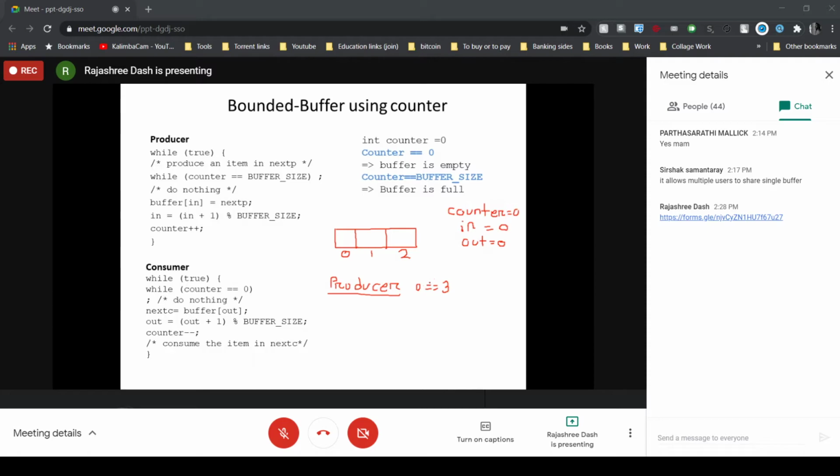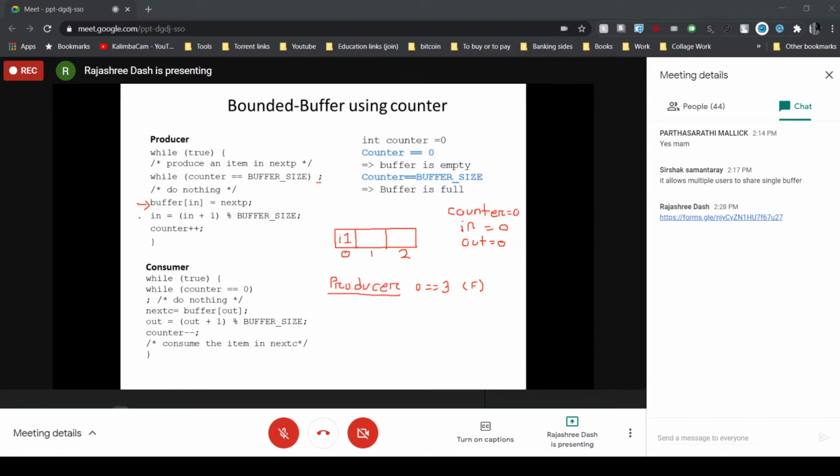So 0 equal to 3? The condition is false. Condition false means it is not going to execute the empty statement. The producer process will go to the next statement, that is buffer in equal to next P. So in value is 0. Buffer in means at the 0th position it will store the new item that was previously in the local variable. Let the new item be I1. So at the 0th position the producer now stores the item I1.